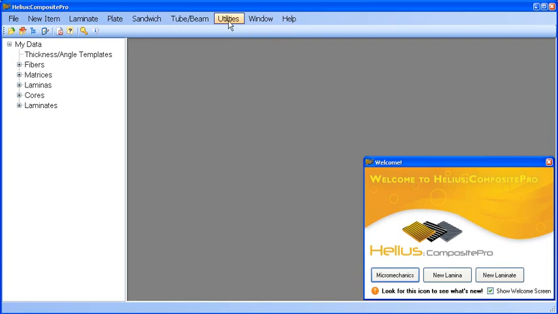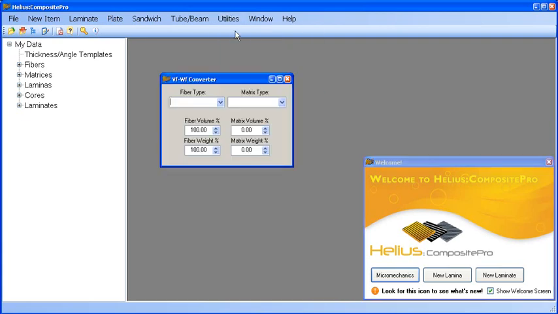The volume fraction weight fraction converter calculates lamina fiber and matrix volume percentages from fiber and matrix weight percentages, or vice versa. This is useful to the user if they only have material weight percentages, because CompositePro uses volume fractions